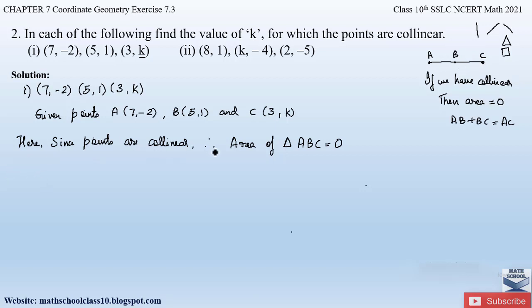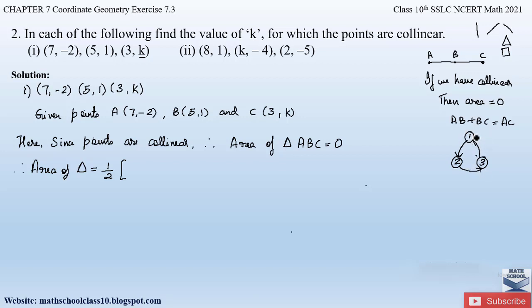So now let us write down the area of the triangle formula and find out the k value. Area of a triangle is equal to half into, also I've taught you the method how to remember the area of the triangle formula. Since a triangle has 3 vertices, that is 1, 2 and 3, let us write down that, and we have to move in any one direction, that is anti-clockwise, or you can move in a clockwise direction also. Here I am considering the anti-clockwise direction, right?